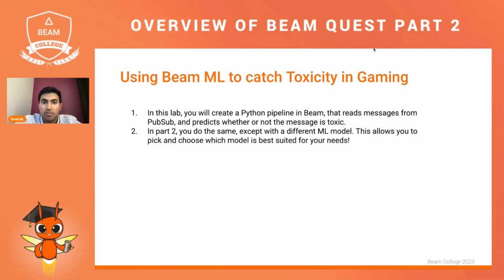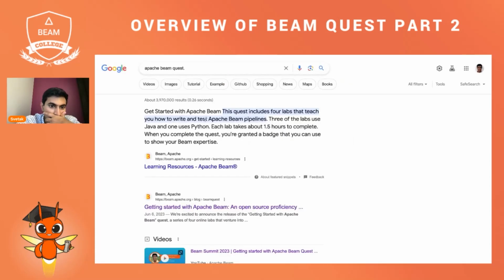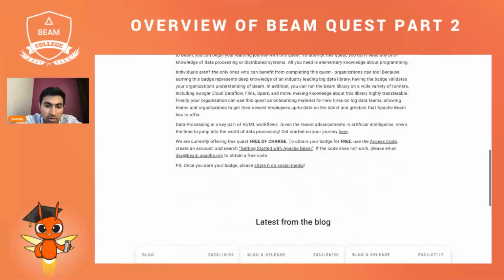Okay, before I jump into what the labs are, I want to go back and walk through the setup. One second. If you Google search Apache Beam Quest, you should see a blog post, which is there on the first link. You can see here this blog post on Apache Beam. And if you scroll down, you'll see that we have getting started with Apache Beam and that there's a free access code. And if you click on that,